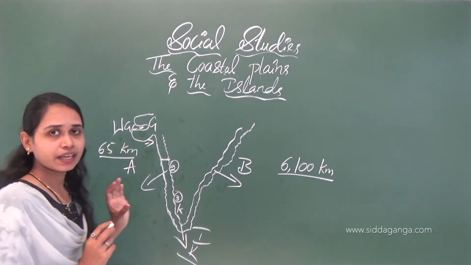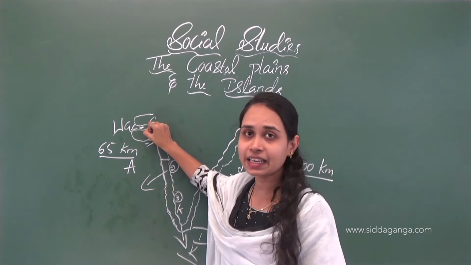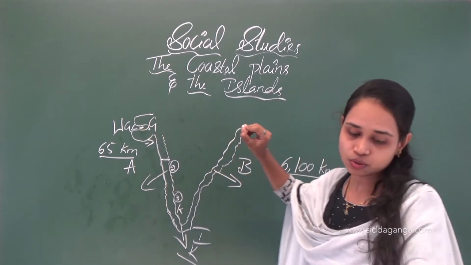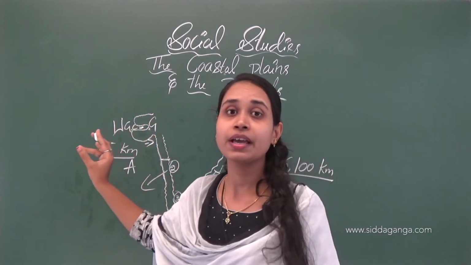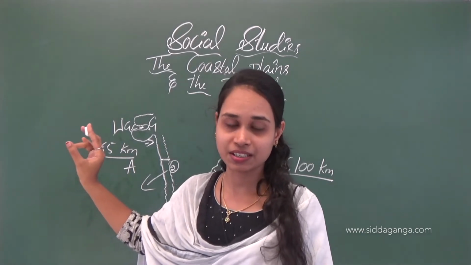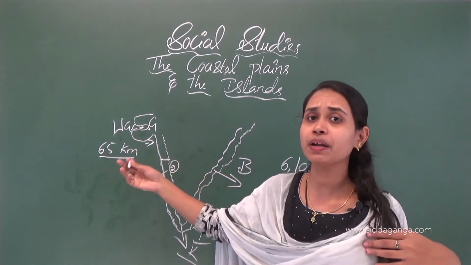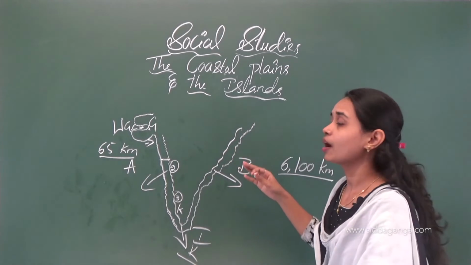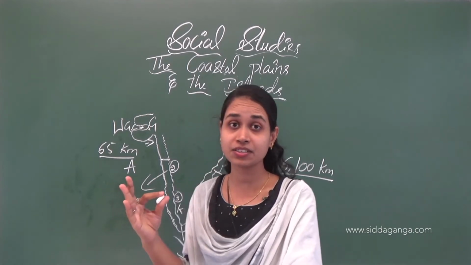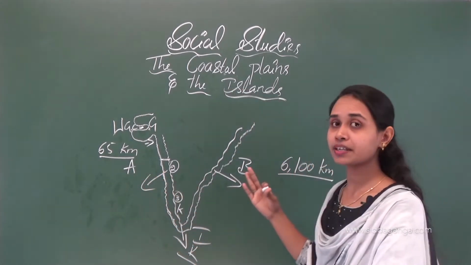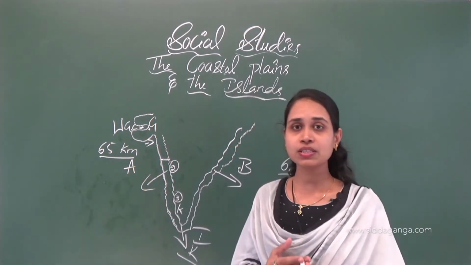Kandla major port we can see here in the Gujarat coast. Ahmedabad is famous for what? Yes, Ahmedabad is famous for textile industries, isn't it? And in Gujarat, what is a major produce? Yes, salt. Gujarat is a major salt producing state of the country. So here in Gujarat they produce salt.